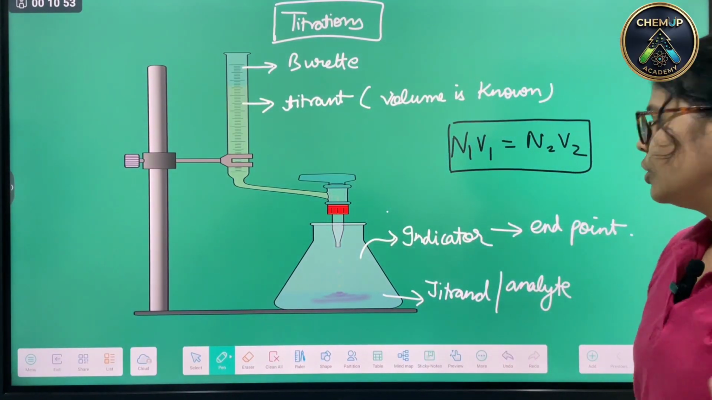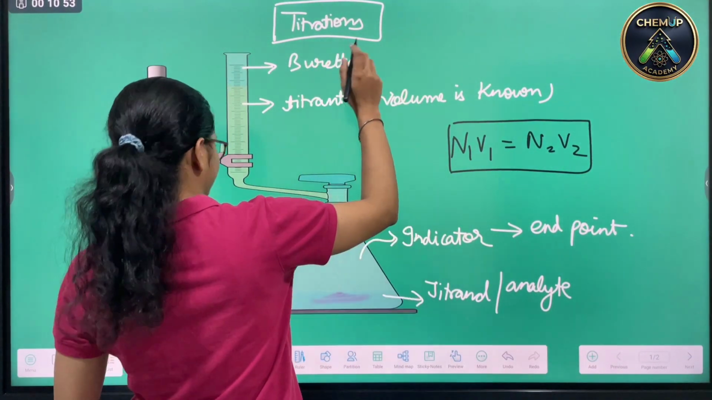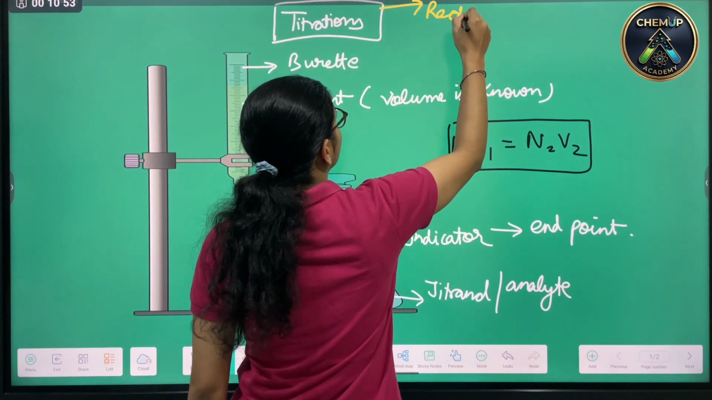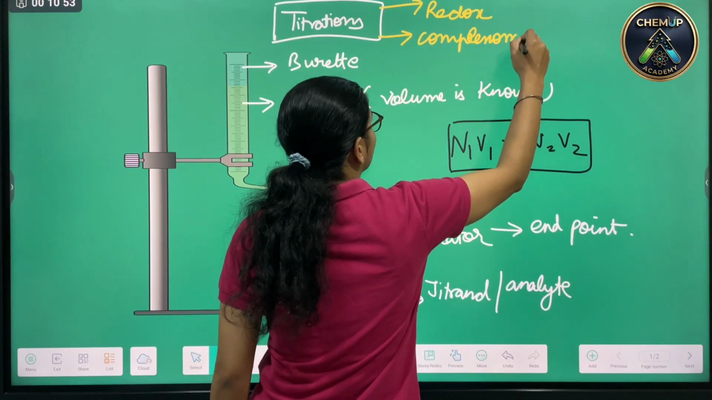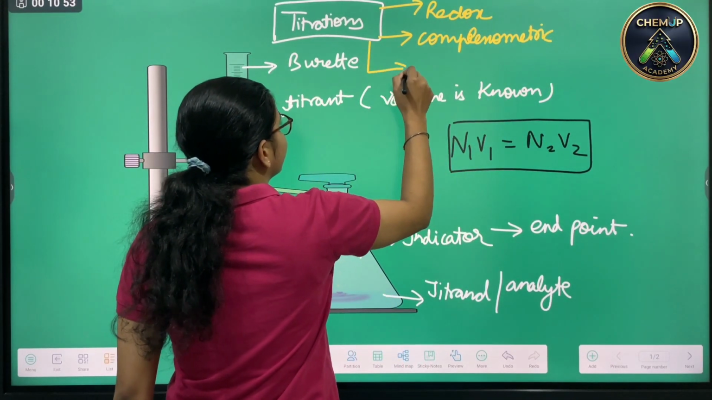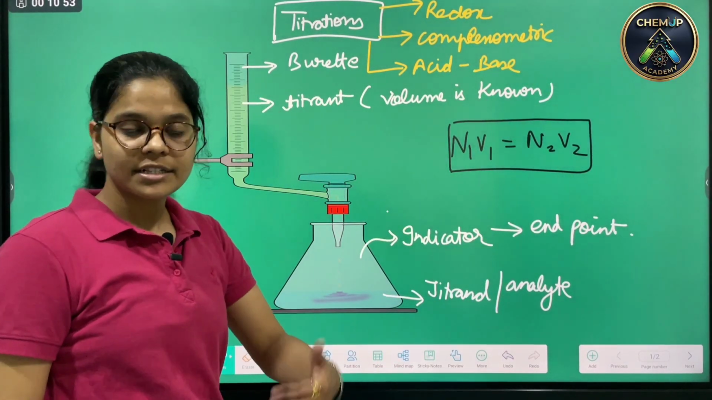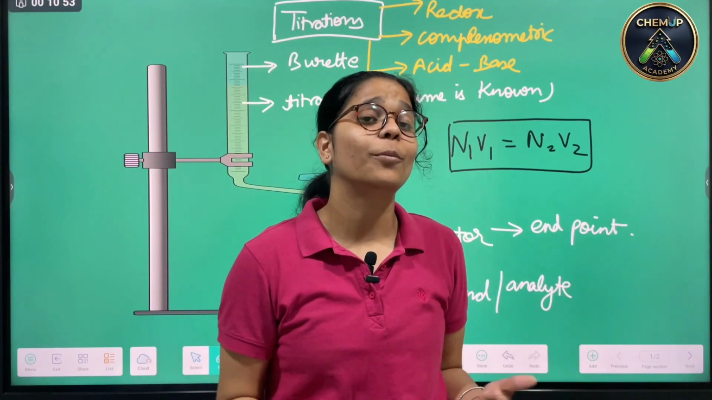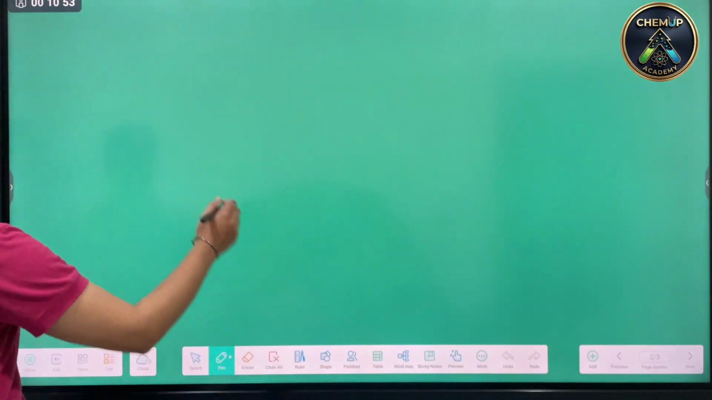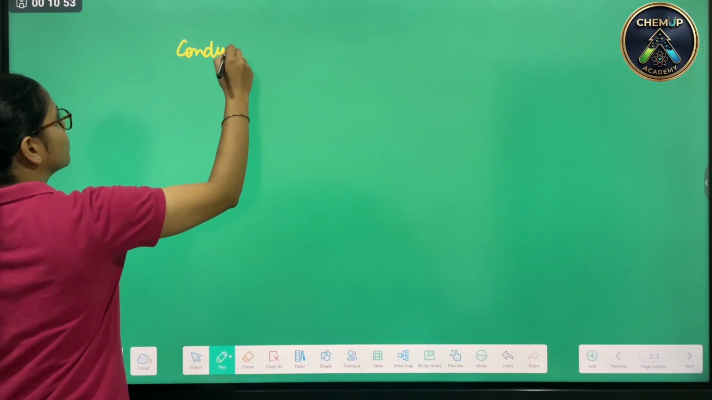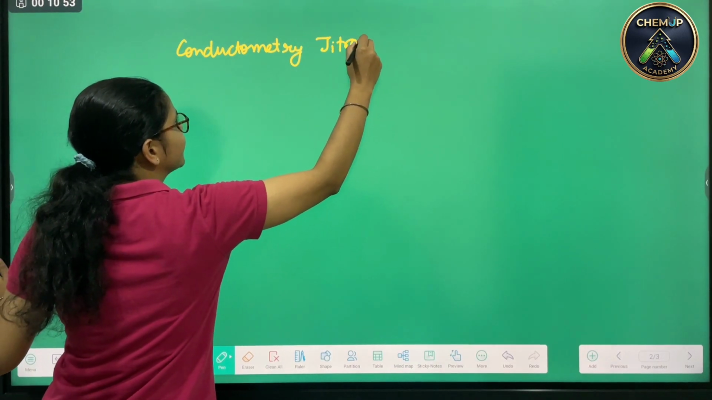Now coming on to the actual topic. Titrations over here could be of various types, like redox, complexometric, or acid-base. And the one that we shall be discussing over here in the unit of conductance is conductometric titrations. So when we consider conductometry titrations, placing on the heading: conductometry titrations,